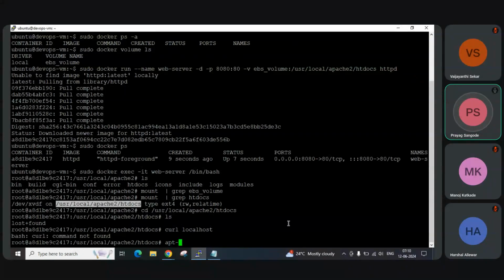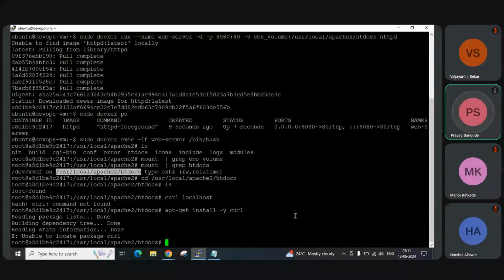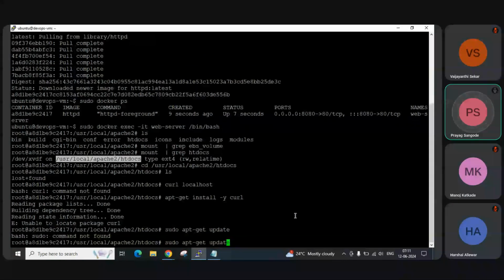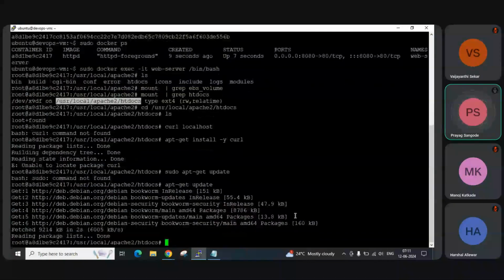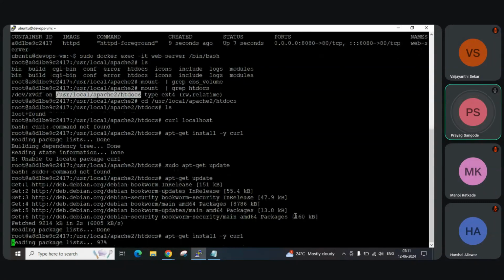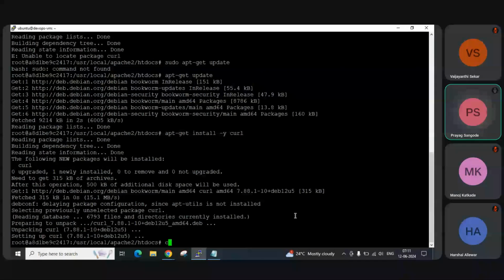apt-get install -y curl. So first time we'll have to do sudo apt-get update, otherwise the commands do not run properly. Sudo won't work inside this container. apt-get update. And now install apt-get install curl. So just do curl